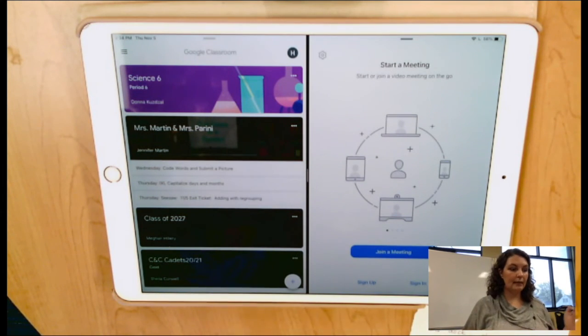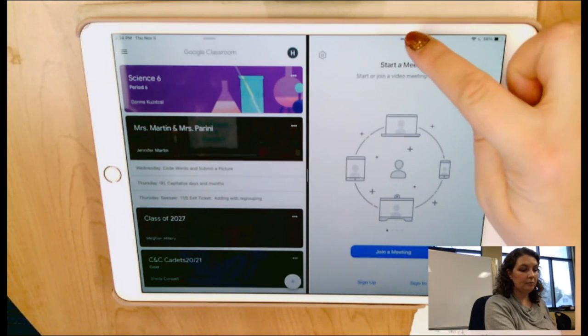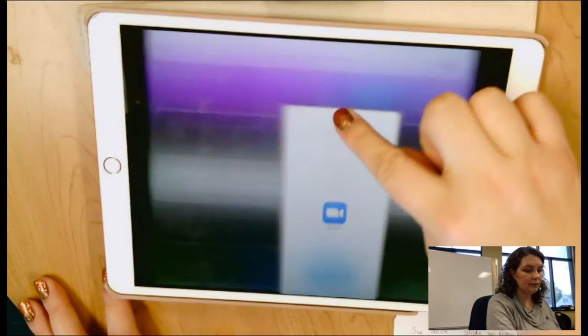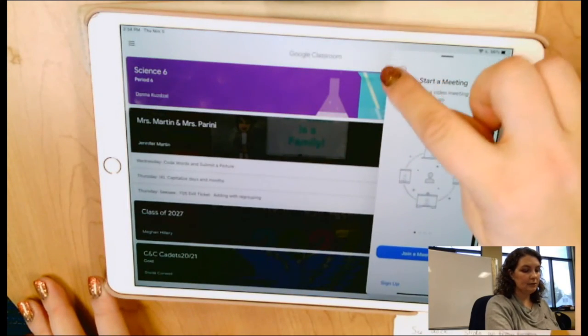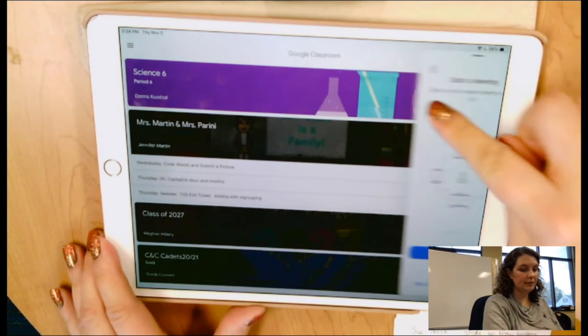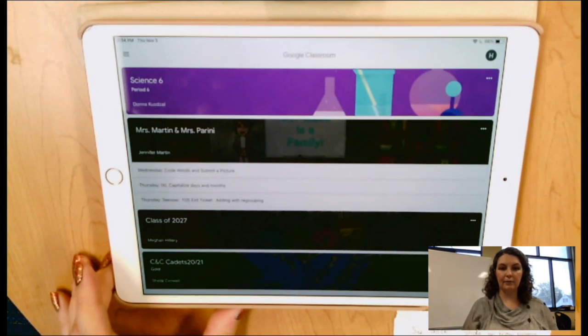All right? And then again, if you wanted to get it back to where it was, all you need to do is put it back into the slide over mode, lay it sort of on top of it, and then you take the left side and slide it off. It's a little bit tricky, but once you get it, it'll slide right off your screen.